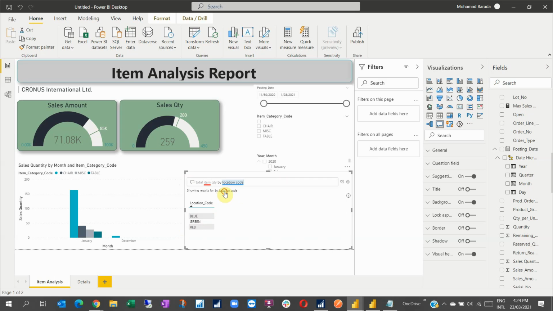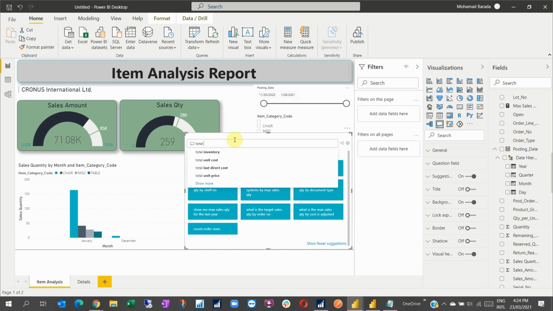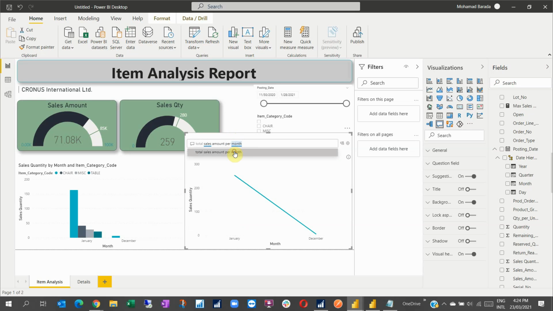So I can move by location code. Let me see all suggestions just to make sure that I have more analysis. What is the target sales by order number, or show me count? What is target sales? It's taking certain criteria that I have. Target sales is a fixed number, so I don't know to take it, but I can see total sales amount per month. Okay, see here, or total sales